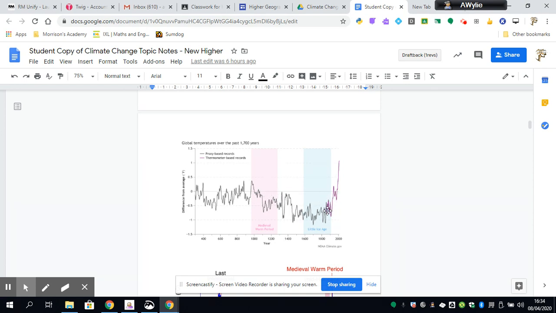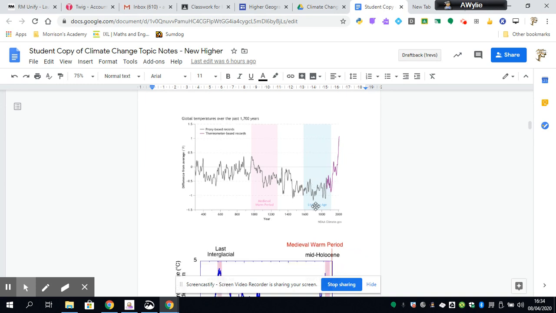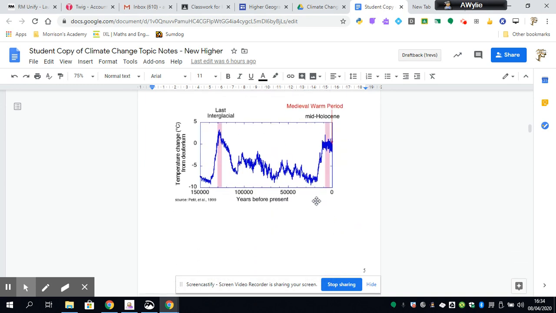And what's really noticeable when you look across the last 2,000 years is what's happening in the last couple of hundred years. This line is extremely rapidly rising. And there's the kind of 1940 to 1960 point when it stalled. If we really want to establish evidence, though, is this sudden rise really noticeable? We need to go back a long way. So to do that, we need to go back